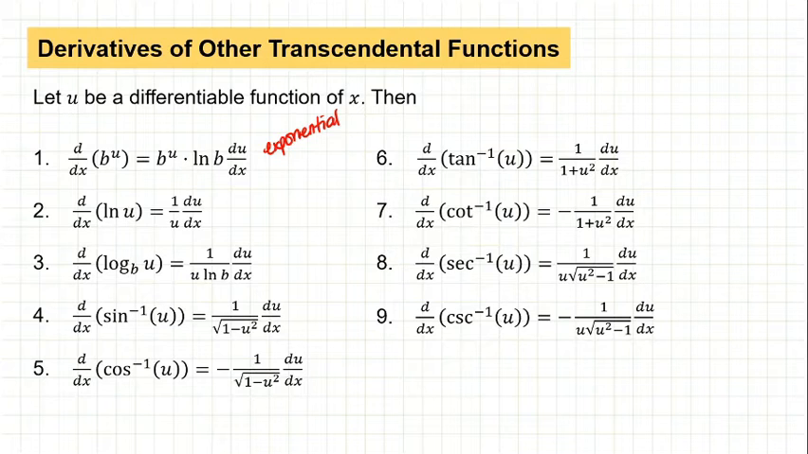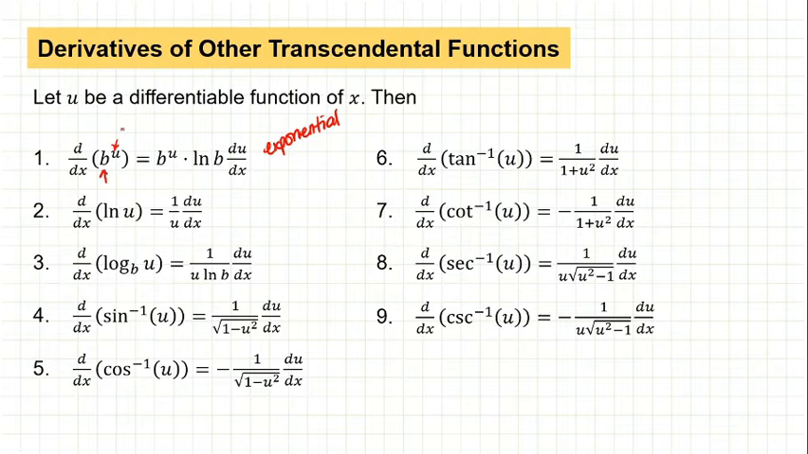So here we have b, and b is any real number. Okay? From that, we have b to the power of u, so this is its derivative: b to the power of u times ln of b times the derivative of u, the inner